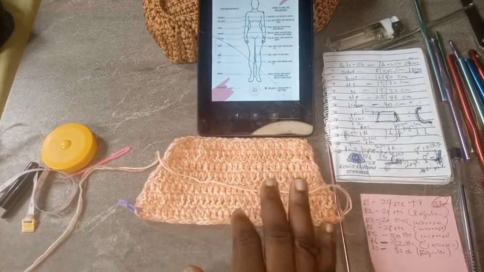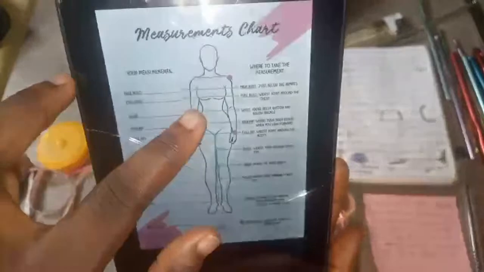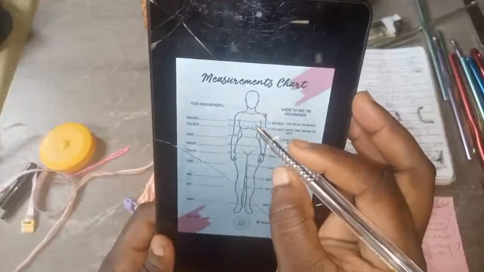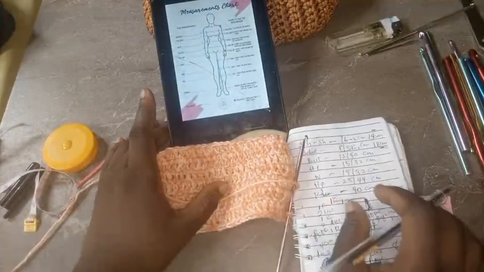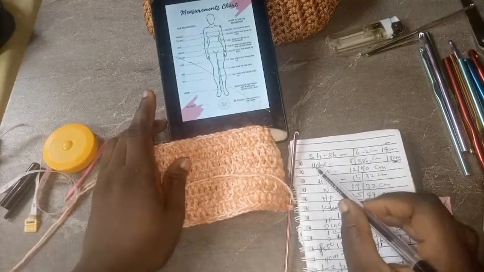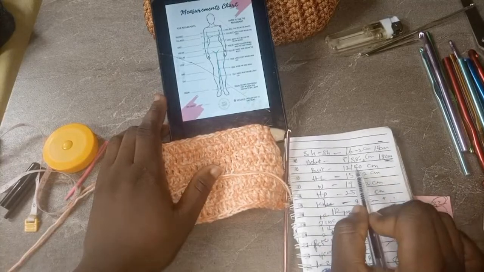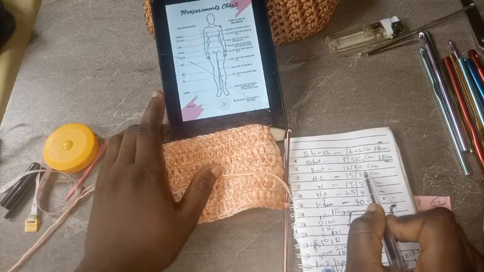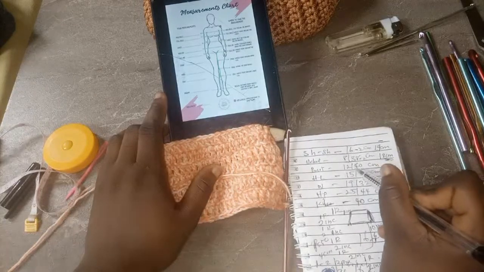Okay, so now we are going from our upper chest area to our bust area. You will see that this place is also an increased row, because even from our measurement, our upper chest is 18 centimeter, right? And our bust is 40 centimeter. Can you see? So our bust is 40 centimeter, and we need the difference between this one and the 18 centimeter. So we'll divide this one 2 by 2.